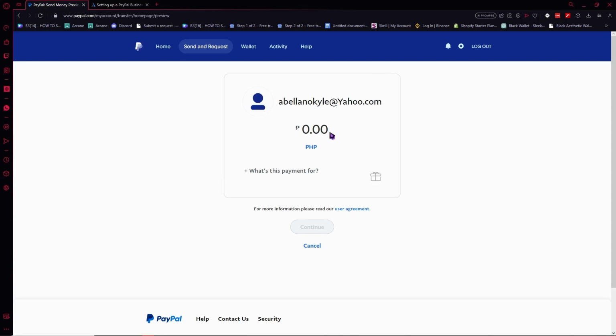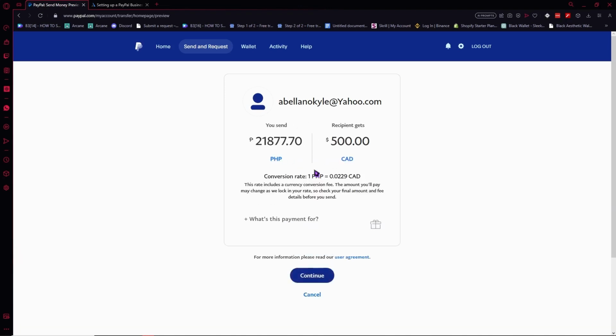So in my case, for example, I just want to send 500. And after that, you can also convert or change the currency that you want. So in my case, I'd want it to be in Canadian dollars. And here it is. As you can see, the 500 Canadian dollars would amount to this in PHP, and you could also